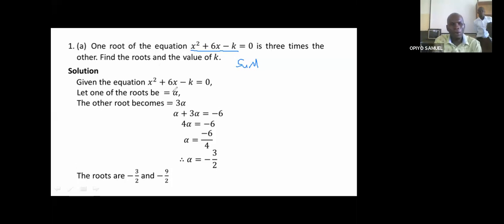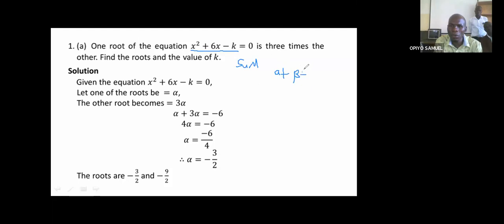Now, the sum of roots becomes alpha plus 3 alpha, which is negative 6. Alpha plus 3 alpha gives us 4 alpha, and when we solve for alpha, we get alpha to be negative 3 out of 2. So, assuming the roots were alpha and beta, we shall have alpha plus beta